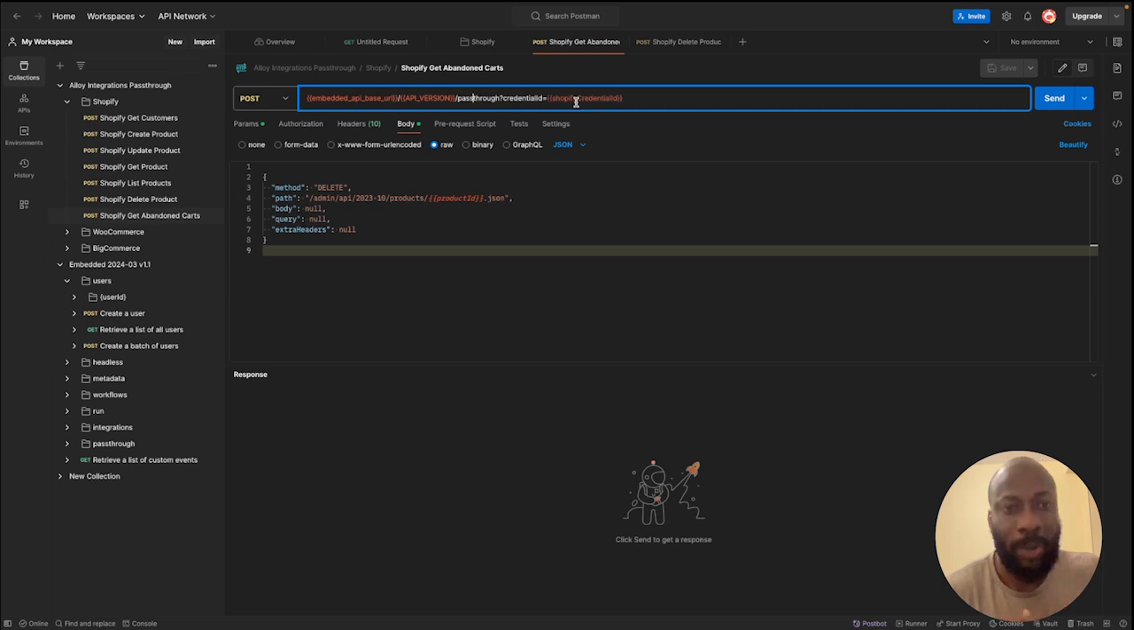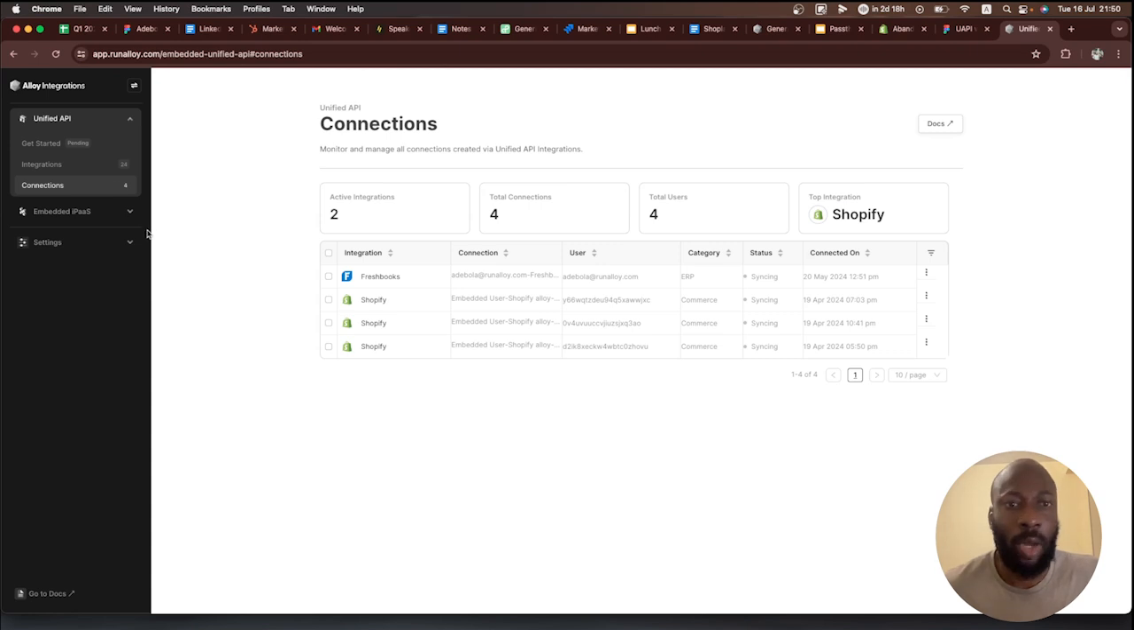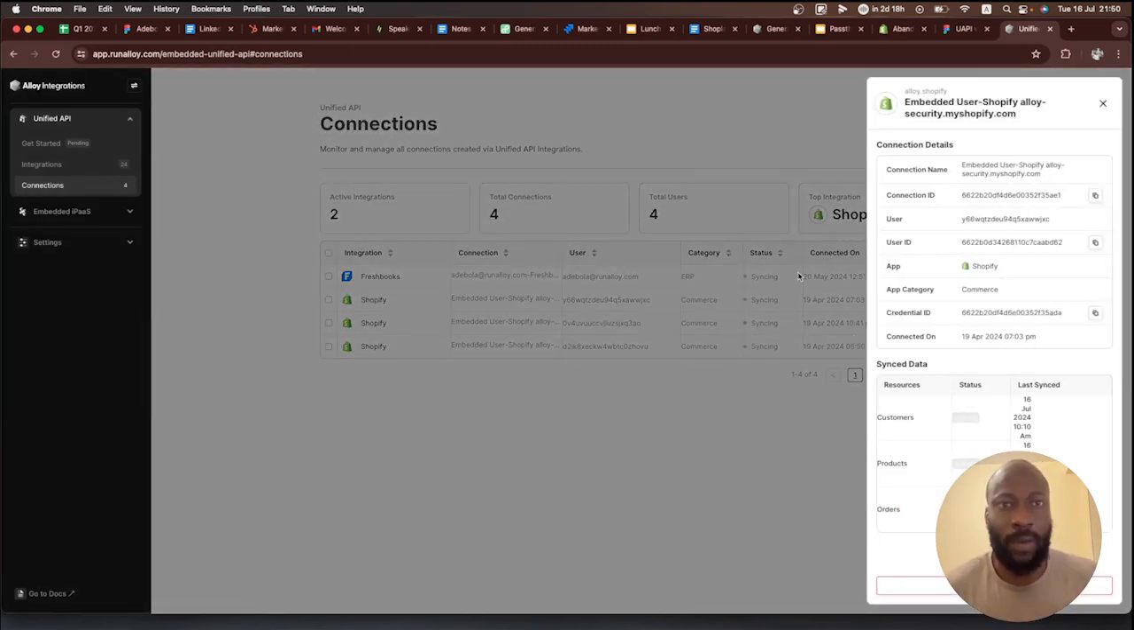Depending on what app you're working with, for example, we're working with Shopify in this tutorial, so we're going to be passing the Shopify credential ID, and I'm also going to show you how to find that credential ID right now. If you come into the Alloy Unified API dashboard and you come into connections, if you click this button right here, with every connection that your user has made to your application, you'll be able to fetch a credential ID for that user. Alloy automatically creates this credential ID on the back end. I can simply copy this and paste this into Postman,